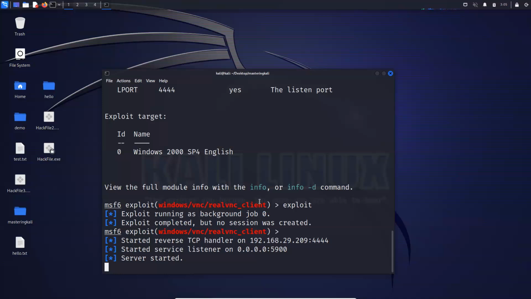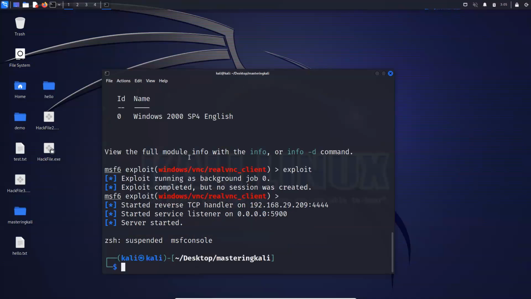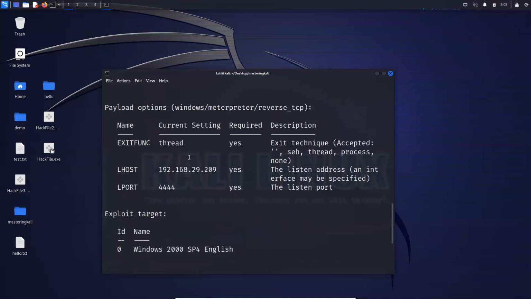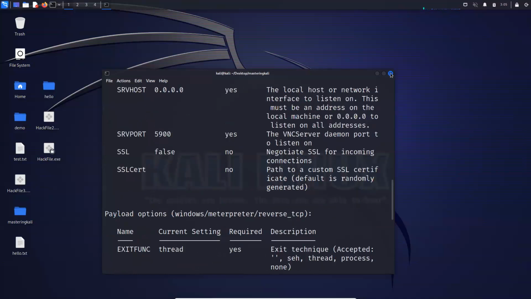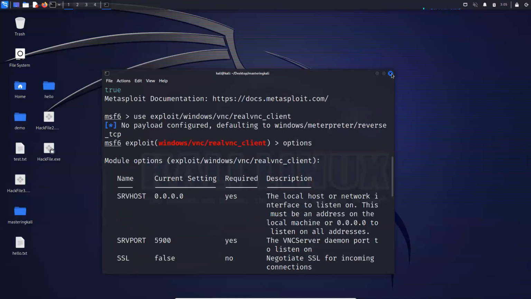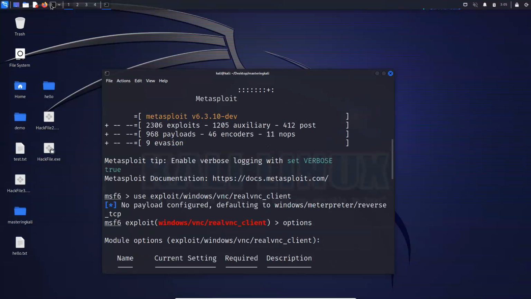Okay, so let me show you a few more things about it. And let me know if you're having any doubts till now, anyone. Let me escape from it. This is how we use the exploit, okay? So let me close this terminal. Let me show you the exploit folders, the actual